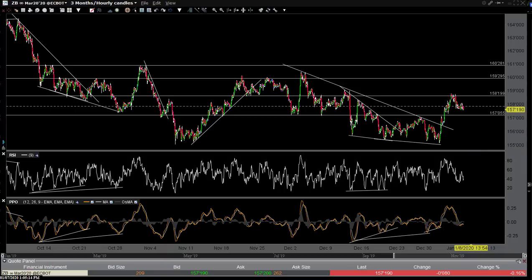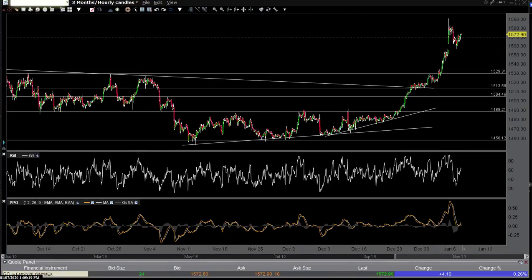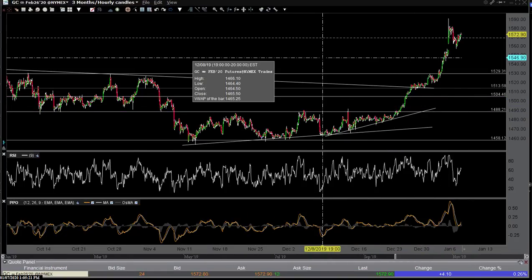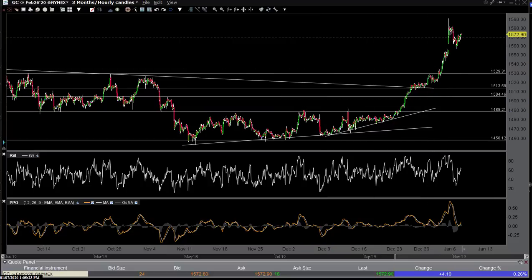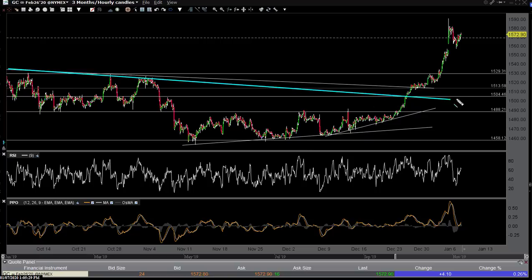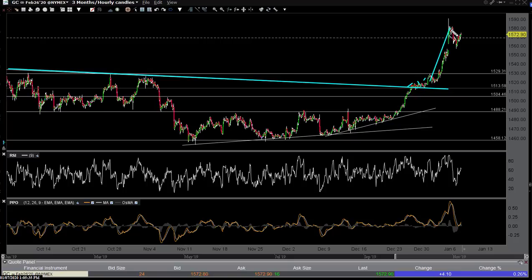Won't go into the 10-year now, or the video will go too far. Let's look at gold real quick. Gold, this is a 60-minute chart right here. These are the levels I've highlighted in recent weeks or months here. You had a downtrend line which was taken out right here, back tested. This is a 60-minute chart of the futures, and gold just exploded.